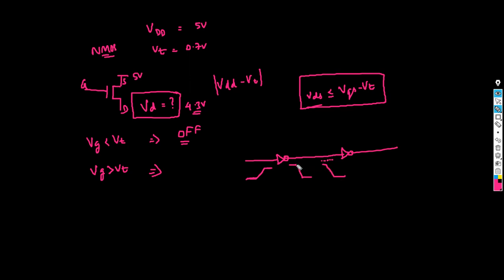The transition is very sharp here, but when it travels through this wire, it gets degraded. Then this inverter takes the degraded signal, boosts the signal quality and pushes it out. Again it travels through the wire, and then when it reaches an AND gate,